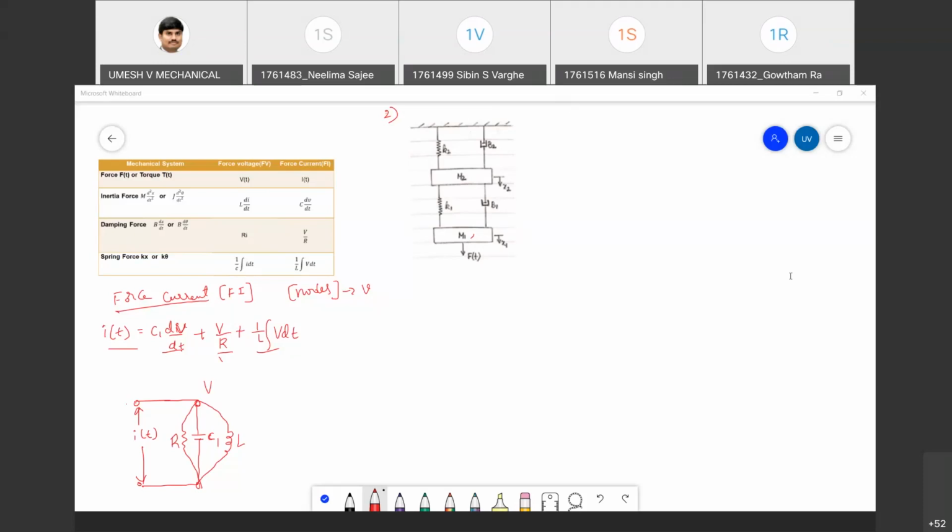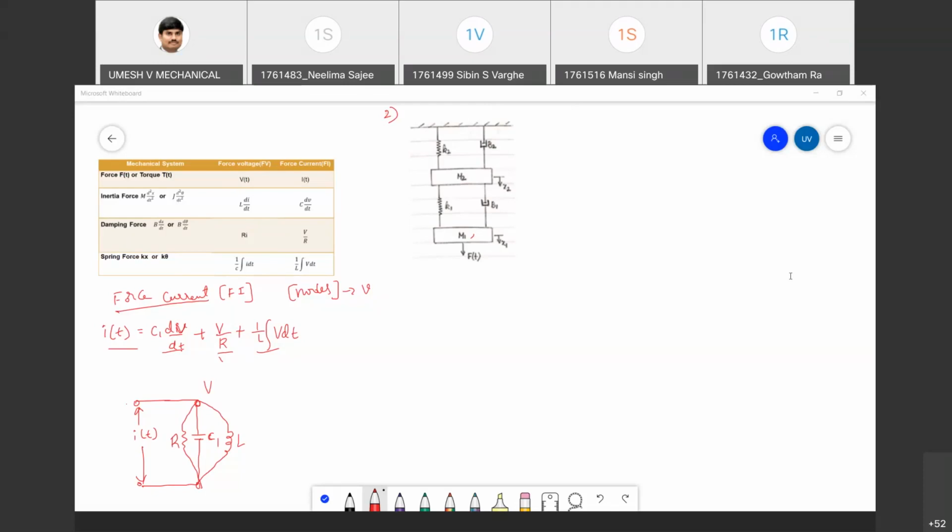Siddharth, are you there? Can you unmute, Siddharth? Are you there? Five double zero, Siddharth. Nothing is there. Nothing wrong, man, I'm not telling anything, just unmute. I will help you if you don't know. First of all, you're not there in the class. Somewhere you went. You will become absent.